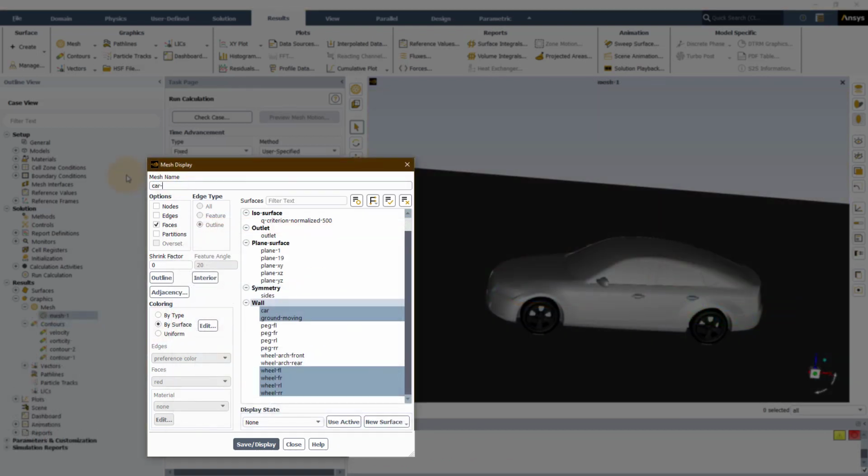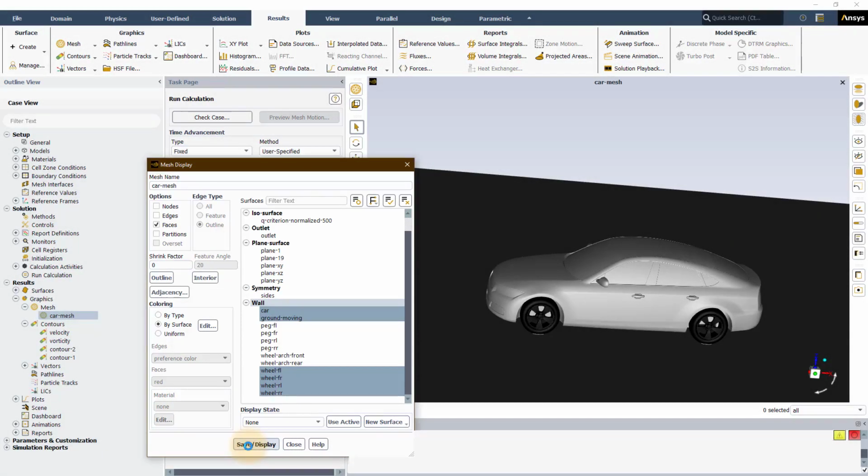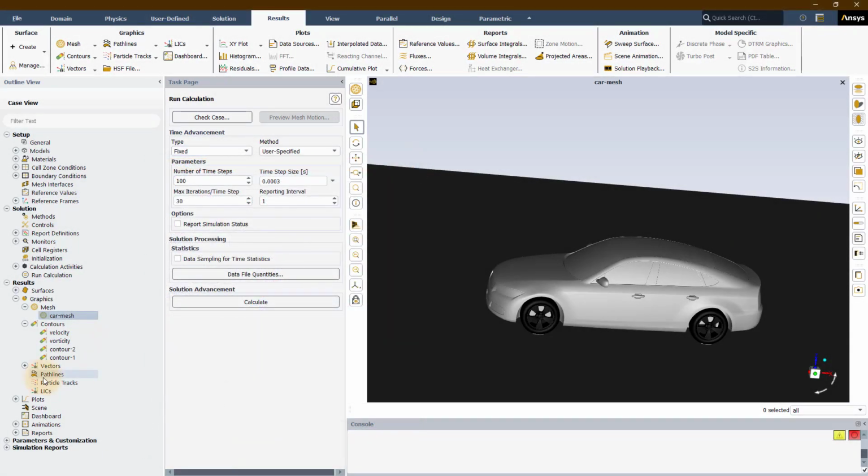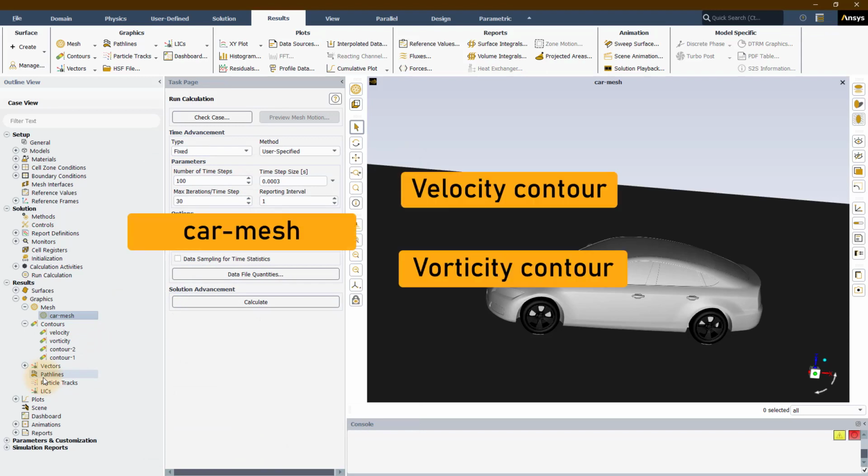I will name it as Car Mesh and save it. The mesh object is now complete. Further, I will create two scenes by combining the mesh object with each contour which will be used in the